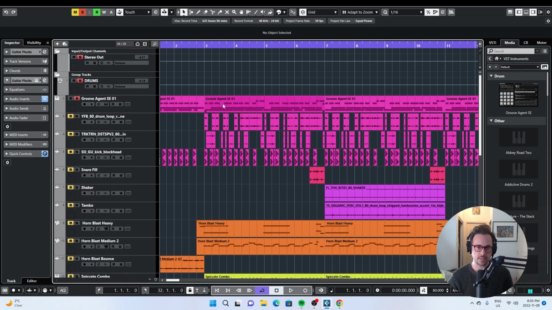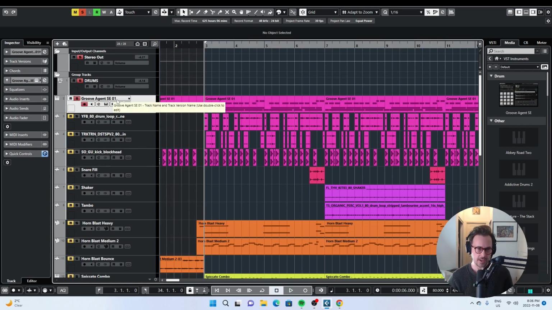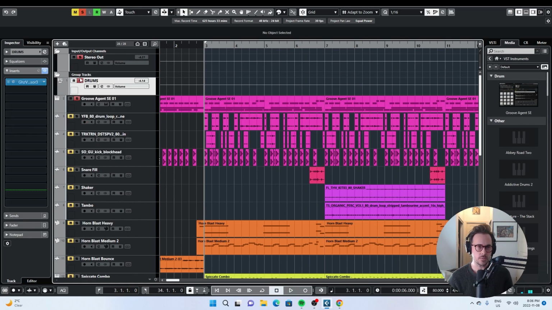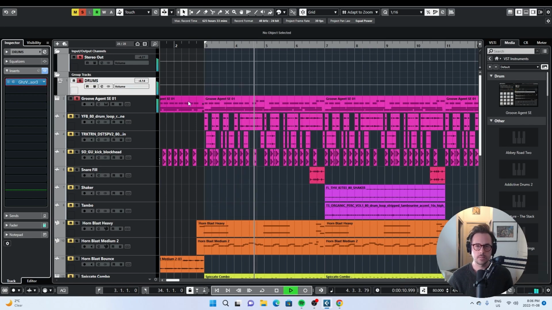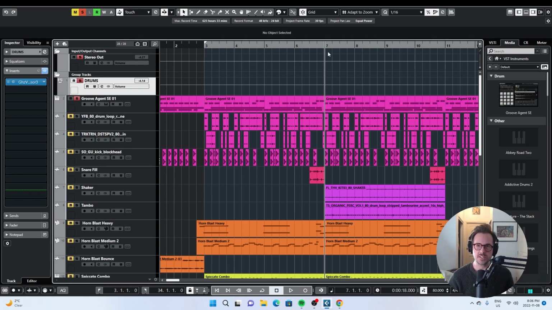So back to this track, the beat you're hearing is just a mix of that trap kit that I created using Groove Agent, as well as chopping up a few trap loops. And these are all bussed into a drums group, which is being compressed using the Wolf compressor. Not going for a ton of detail with these drums. They're supposed to sound kind of stripped back. Once we get to the second half of this whole A section, I got some shaker and some tambourine.